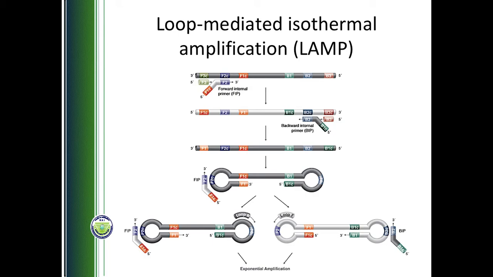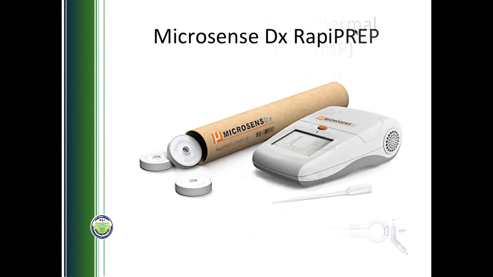So you need not have a temperature increase or a temperature decrease. There is no variation in temperature, so no thermal cycler is needed. Amplification is there, but it is based on loops. So this is known as loop-mediated amplification, carried out at a constant temperature, so isothermal. This process is carried out by the Microsense RP prep, and therefore it is very miniaturized, again detecting the